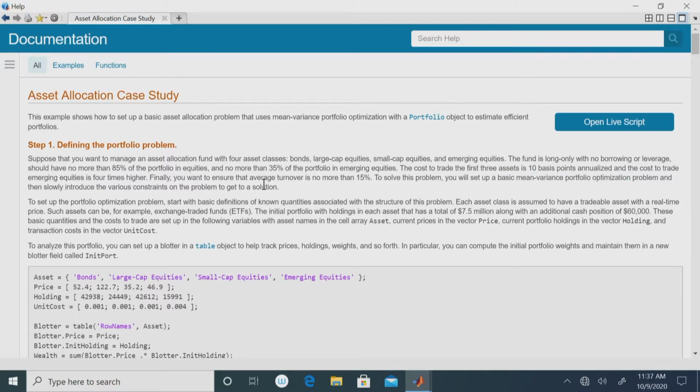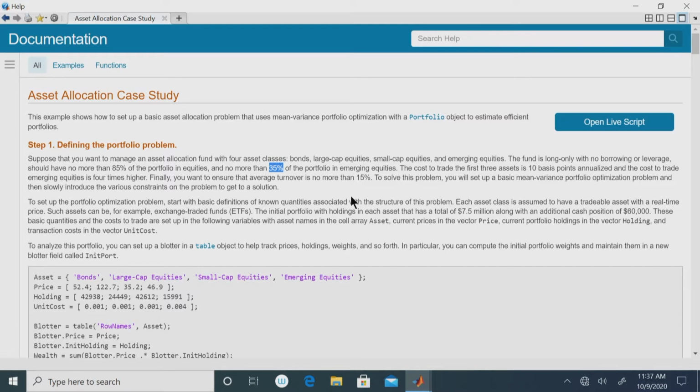And what are the constraints? The first constraint was that you cannot have any negative weights. The next constraint was that 85% of the portfolios can be in equities. So, at least 15% must be put in bonds, and at most 35% can be put in the emerging equities, and the transaction costs are 10 basis points for all the asset classes except emerging equities, where it is 40 basis points or 0.4%, and finally, you want to incorporate the average turnover, or that average turnover should not be